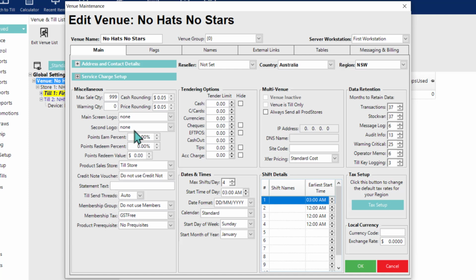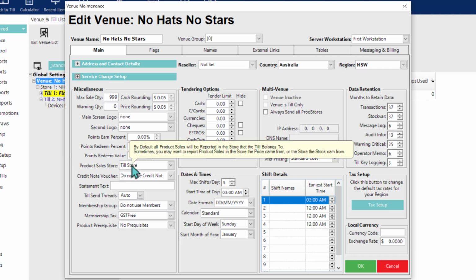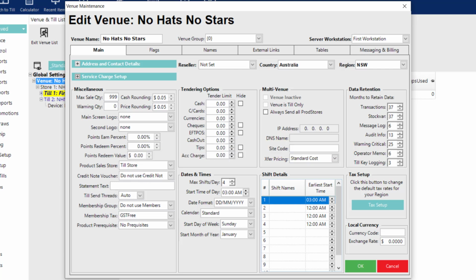These point settings will be covered in their own lesson, but we will come down to product sales store now and chat about this. So this refers to the way that product sales reports will actually report. Some of this may make a bit more sense after going through some other lessons, but for now, just know that both the